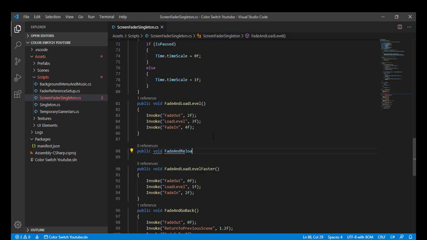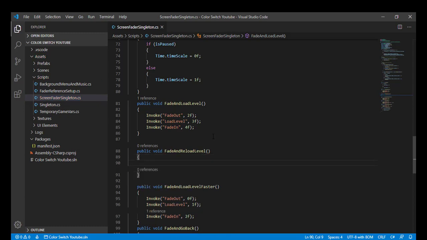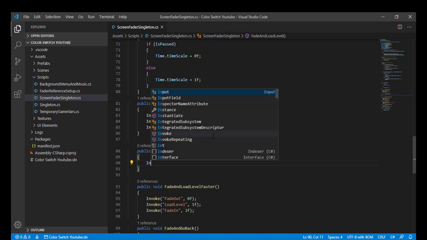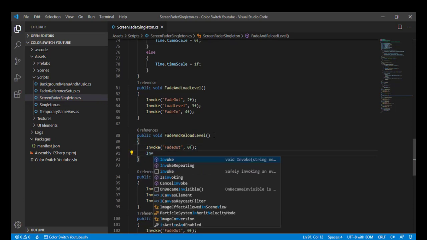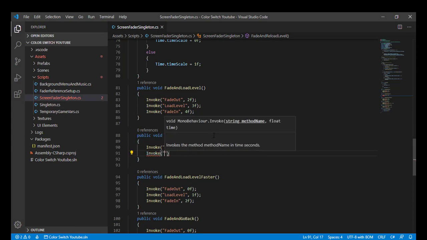So invoke, and then fade out, and the time should be, let's do it also immediately. And then invoke,